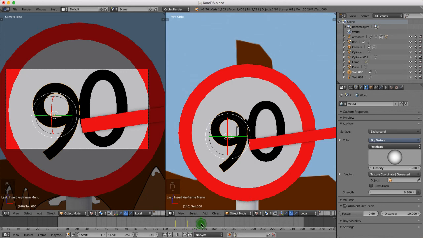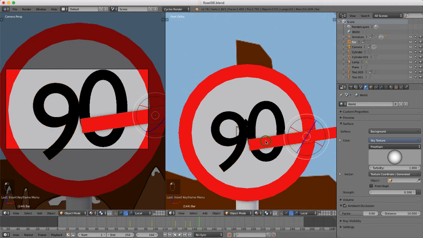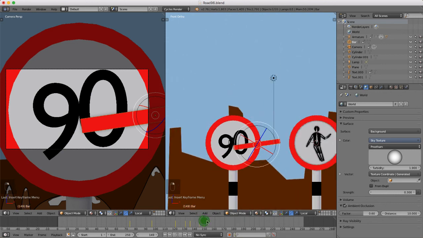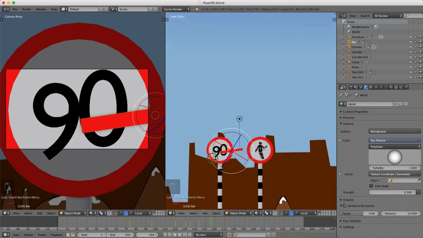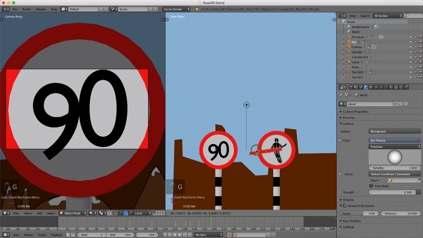and just maybe come to here, 146 or 144 actually. Select this bar, press I, location, rotation, and then scrub it on. To here and just drag it out of the way, so we can just press G and drag it back to the character. Press I, location, rotation. Okay, and I think that'll do for, well actually what I might do is,